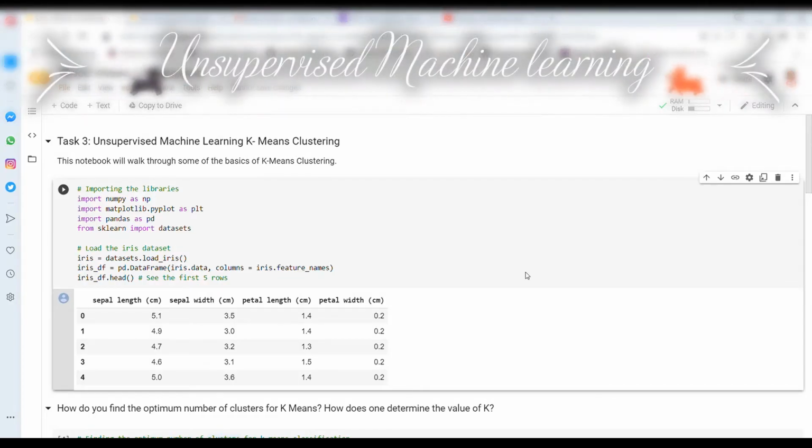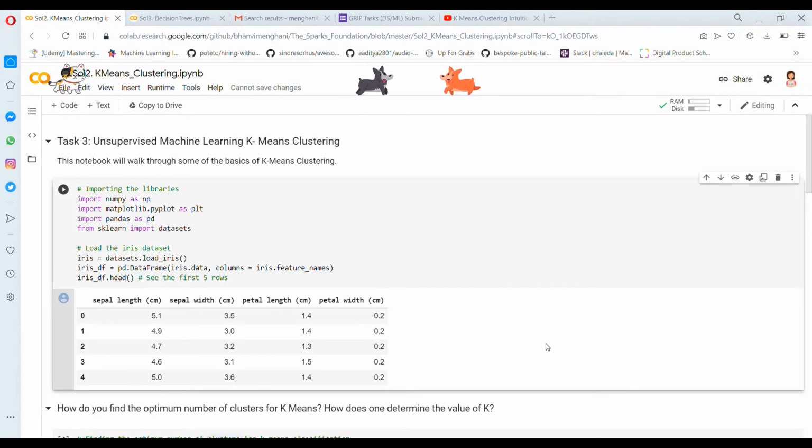Unsupervised machine learning is the kind of machine learning wherein we do not train the model completely. That is, we do not give the y labels to the model, we only provide the x labels to it, and based on the x labels, the model is trained and asked to perform on the test data. We basically never indulge in spoon feeding our model. So in this task, I will particularly look at the K-means clustering algorithm.